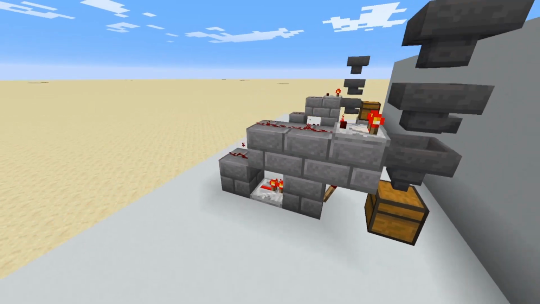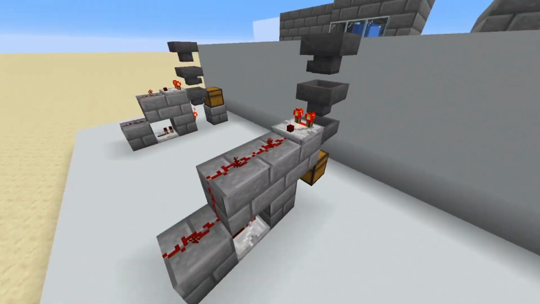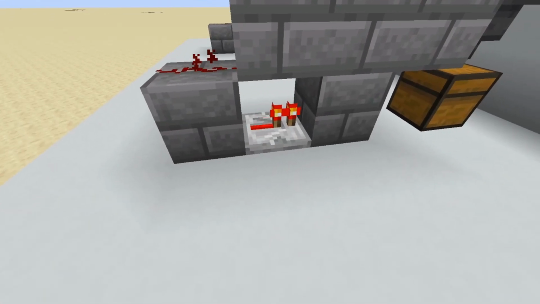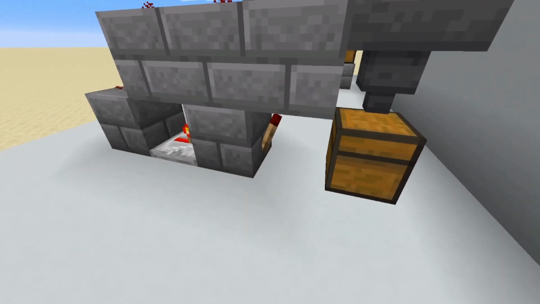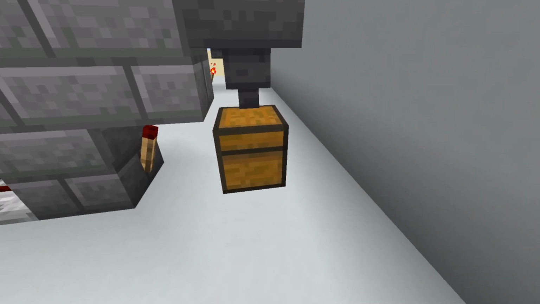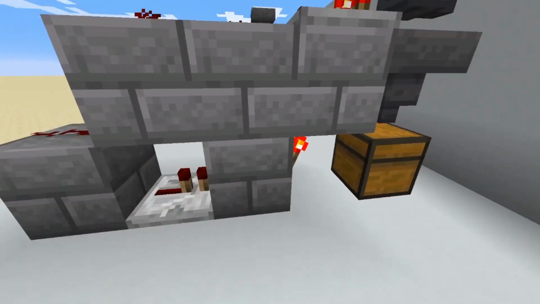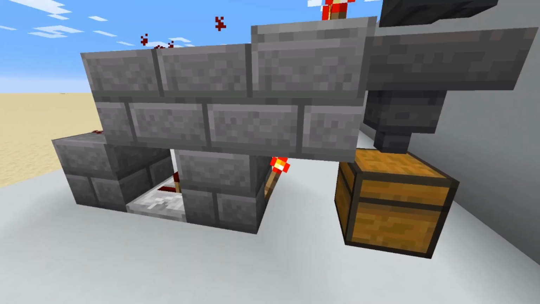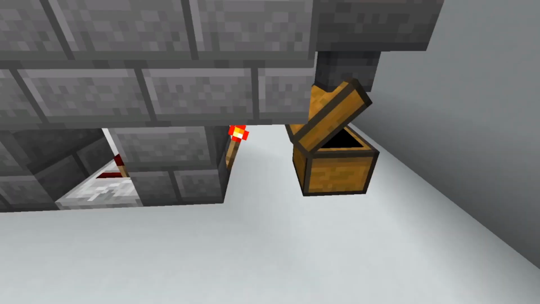what we'll see now is that the signal coming from the comparator is going down to the repeater, and you can see the repeater is flashing on and off. This subsequently turns off the redstone torch, which allows the items to fall into the chest, like so. The redstone torch, when on, locks the hopper and stops items from flowing to the chest. When the repeater turns on, this turns off the redstone torch, which opens the hopper and allows items to flow